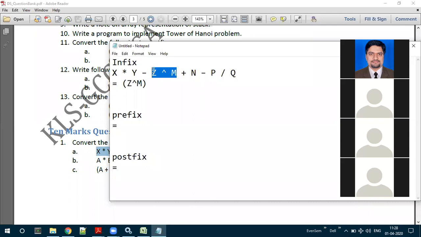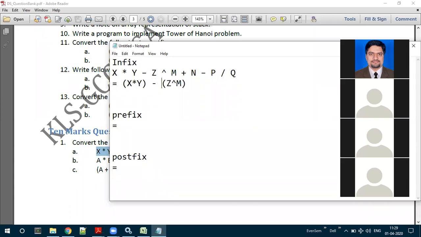After this is done, what are the remaining operators? Multiplication, minus, plus, minus, and division. So now here we know that among these, multiplication has higher precedence than subtraction. For that purpose, within the bracket, I will write x into y,